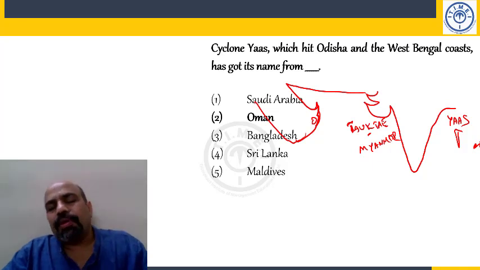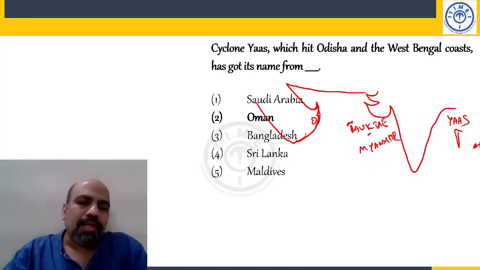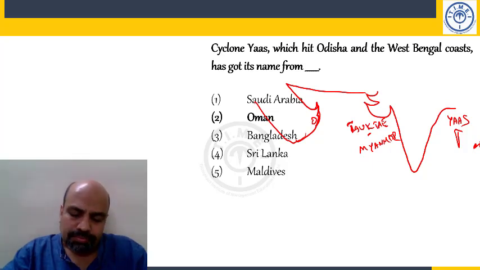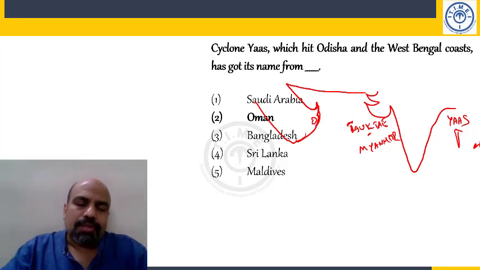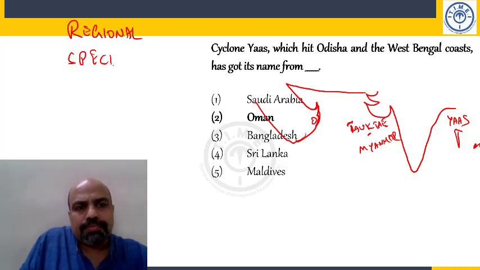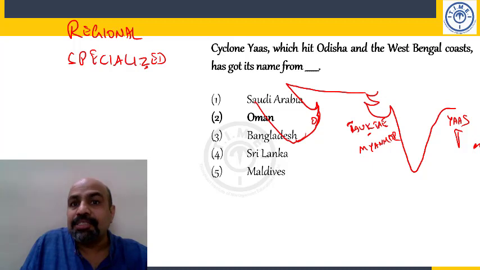Named by the eight members of the Regional Specialized Meteorological Center. You know that I write a Z instead of an S, Regional Specialized Meteorological